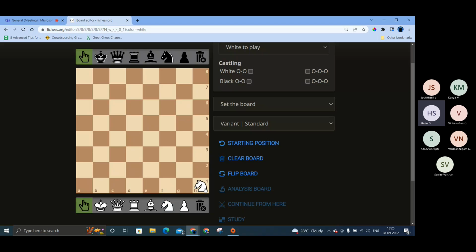So there is a knight here. This knight is on h1. And I want to take this knight to here. One more thing we have to note is the knight is the only piece which can jump. Always remember the landing square